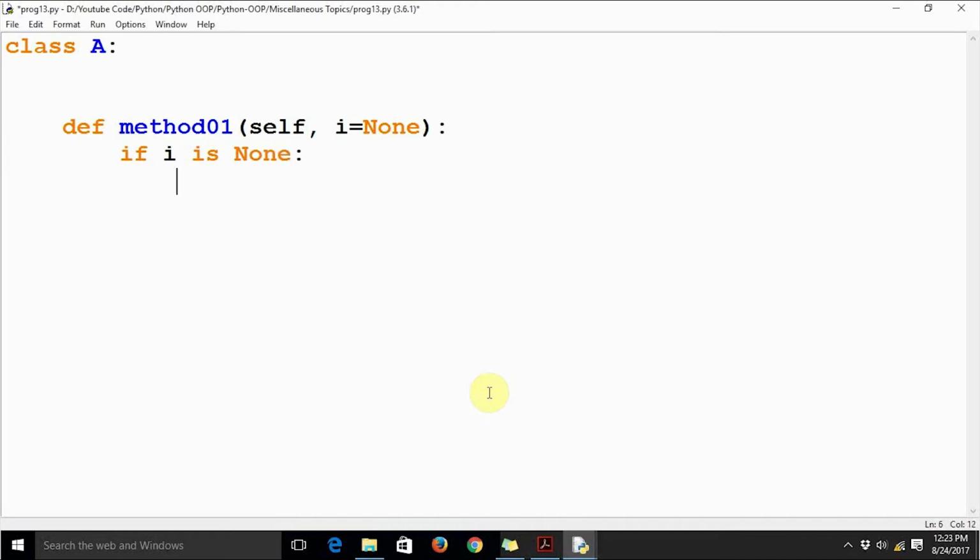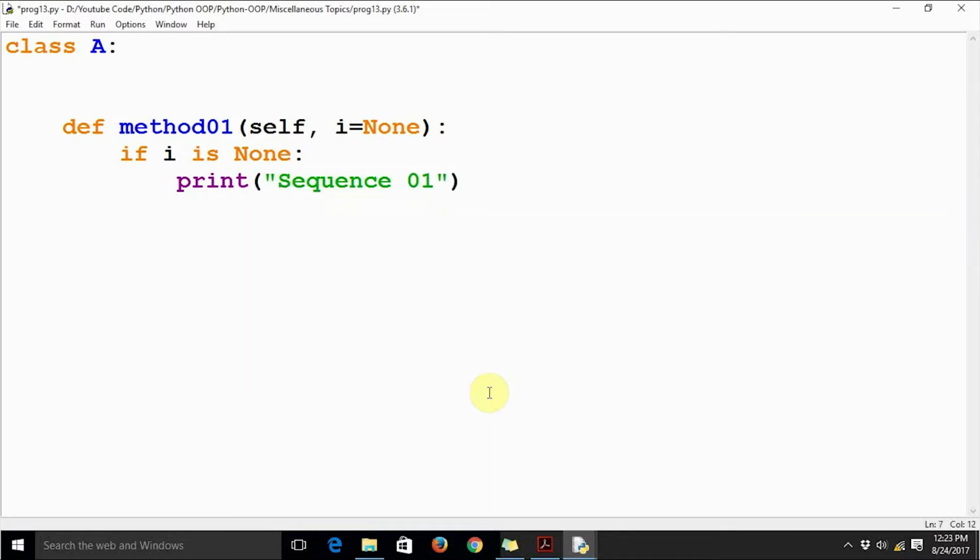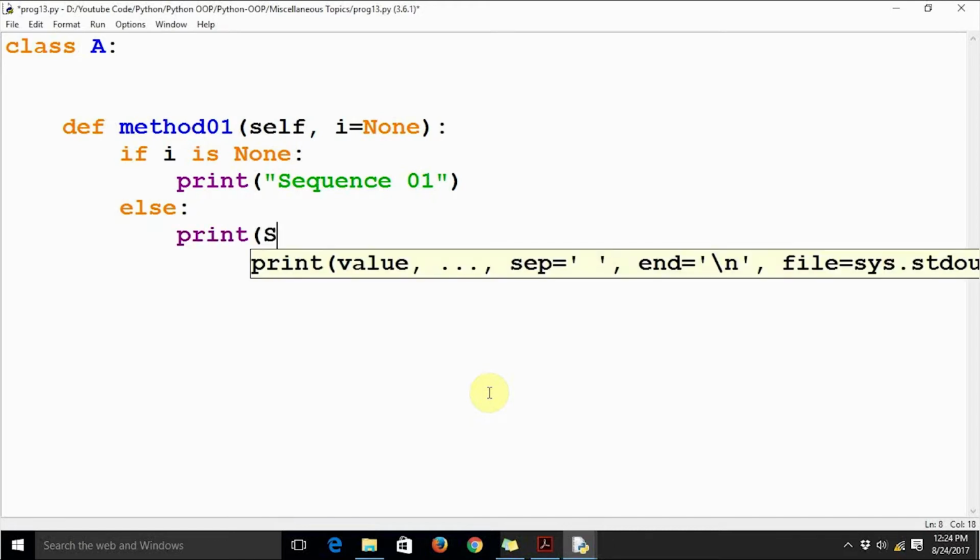Let's print sequence 01. And else, print sequence 02.